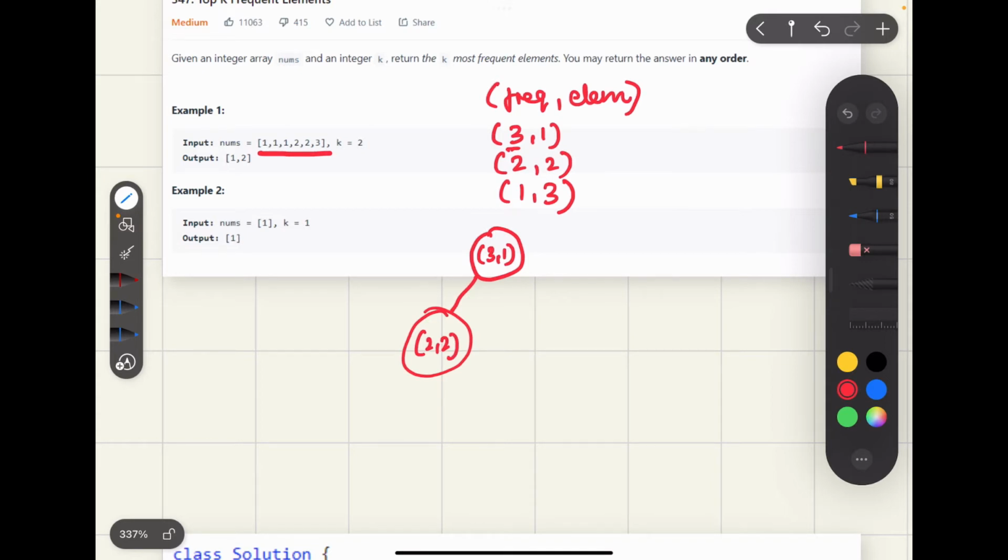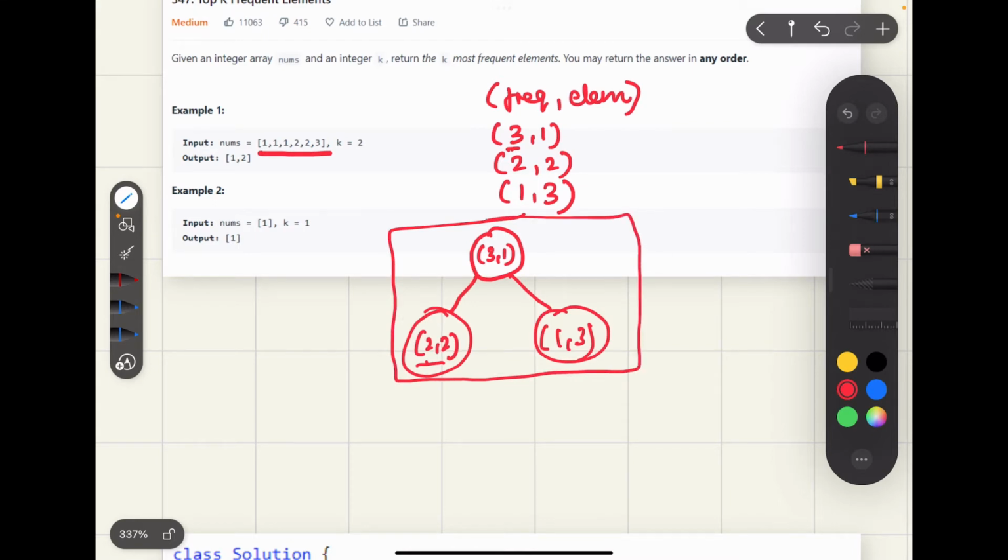Since 2 is smaller than 3, obviously this node is at its correct position, so there will not be any swap between the parent and this node. And then we'll move to our next element, which is 1 comma 3. 1 comma 3 will be added as the last node, and then up heapify will be called on this node. But again 3 is greater than 1, so this node is at its correct position and no swapping will happen between the last node and the parent. So this is how our